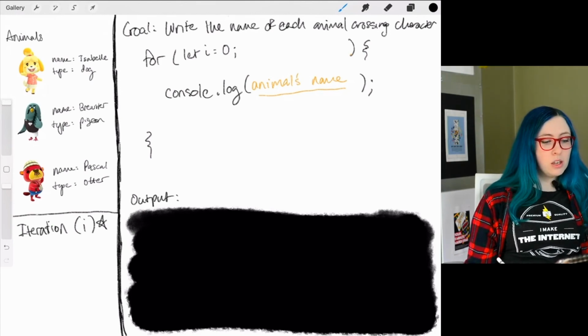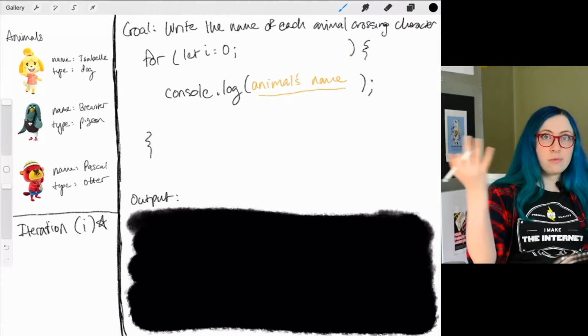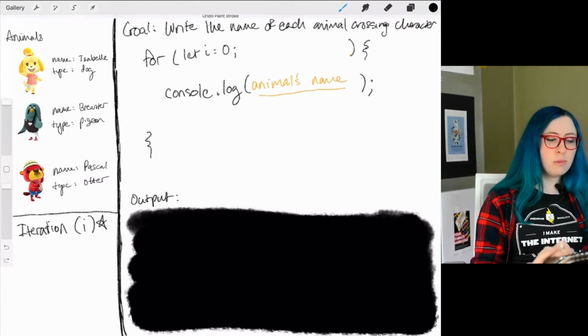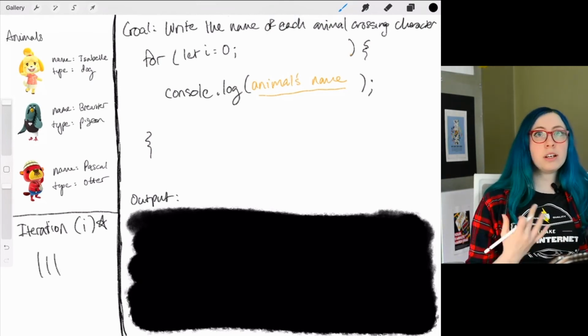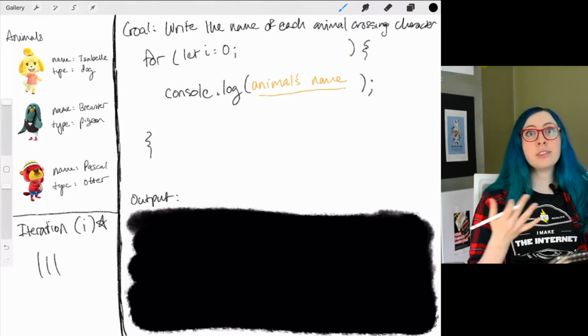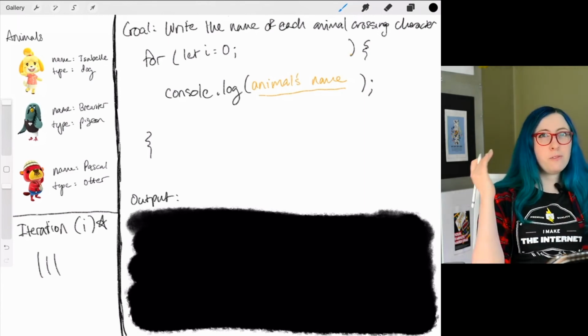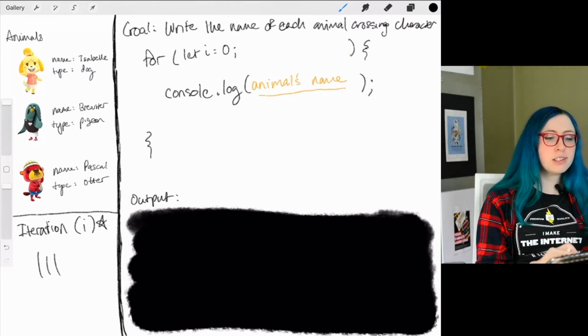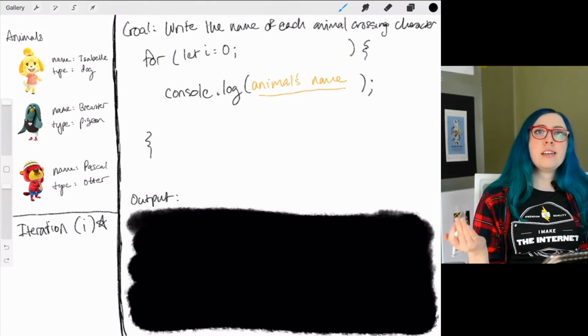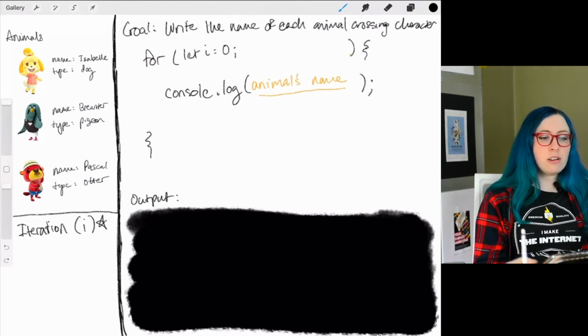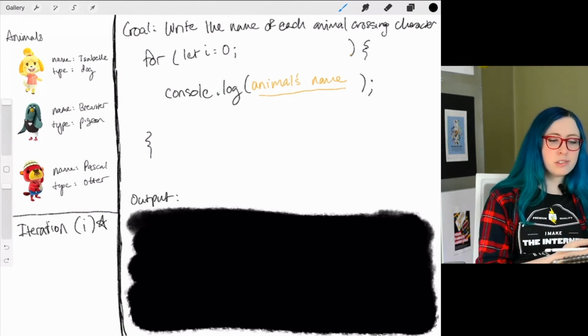Well, because we haven't actually done any iterations yet, right? We haven't done anything here yet. There's no marks. So why would you start it at 1 or something like that? We haven't actually gone through an iteration. So at the very beginning of this, you're always going to start at 0. And that's a really important computer science concept to understand. Generally, when you start things, they start at 0. So for let i equals 0.